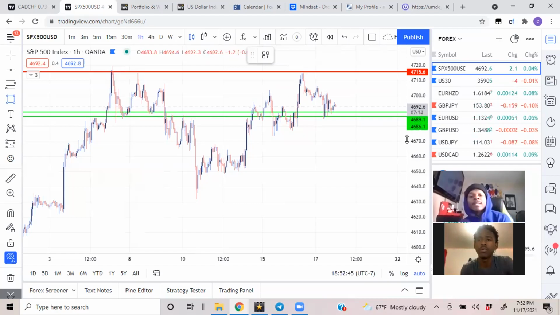Okay. So instead of looking for price to come back down to that exact price of 4,686 or 4,689, I'm more so looking at a zone in between those two prices to buy in. As long as it's in between that range of 4,686 to 4,689, that's a good buy zone because I know that there are buyers within those two prices. Does that make sense? So in between those two prices, it creates a zone for you to buy at rather than a specific price